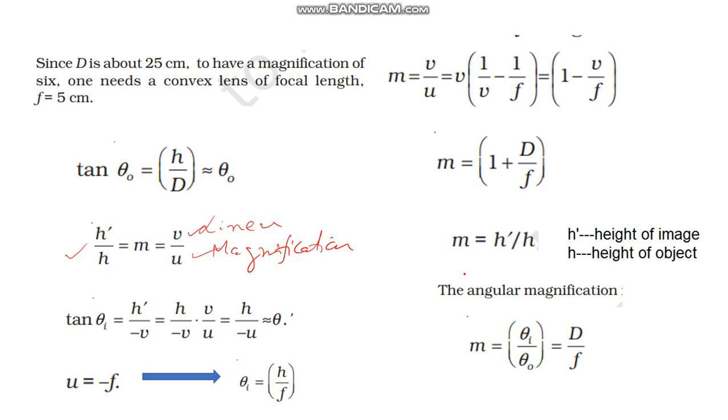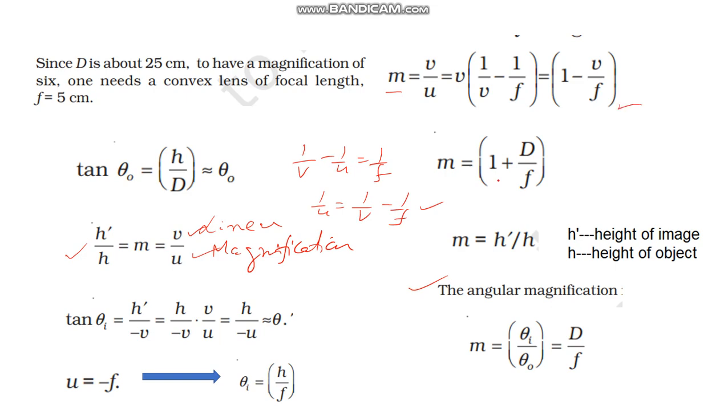There is one more magnification called angular magnification. Here you compare the angles. Theta I is the angle made by the image and theta O is the angle made by the object. So this can be derived. If you take the basic derivation, m is equal to v by u, and the mirror equation you know already: 1 by v minus 1 by u is equal to 1 by f. So basically you want 1 by u. Taking 1 by u to this side and 1 by f to that side, you get 1 by u is equal to 1 by v minus 1 by f. Multiply with v, and you finally get this equation.